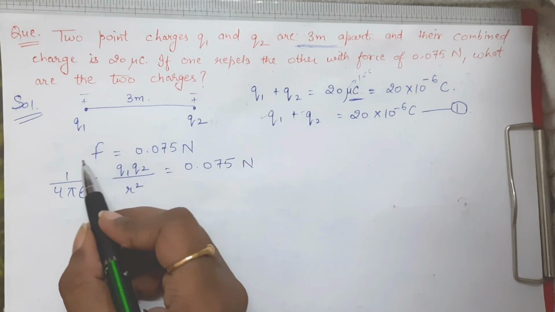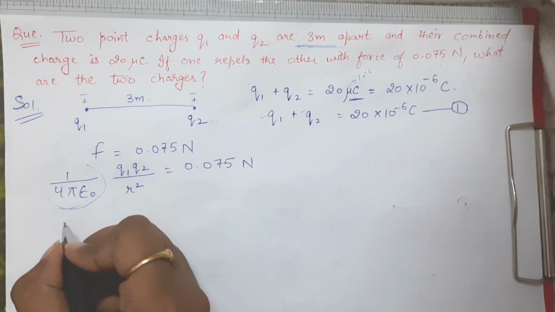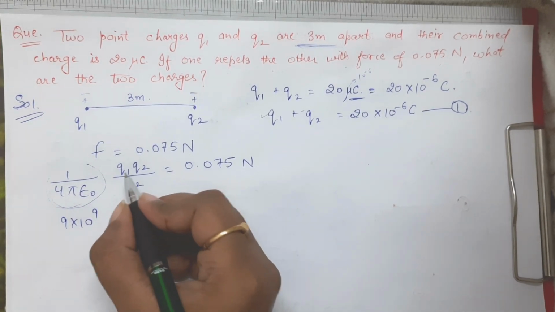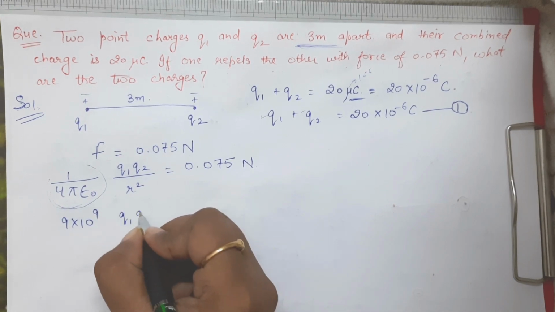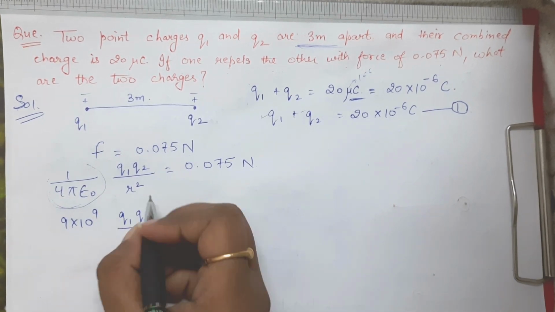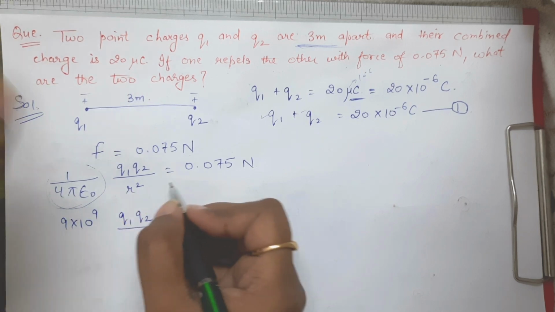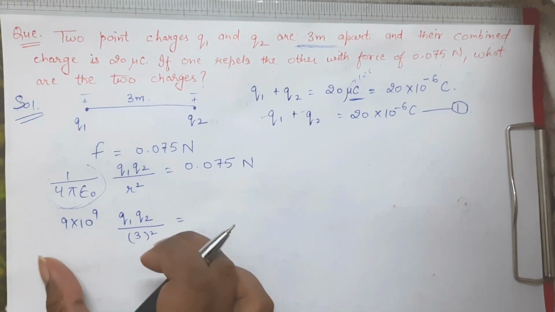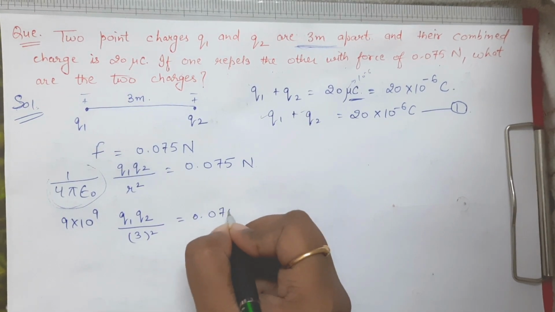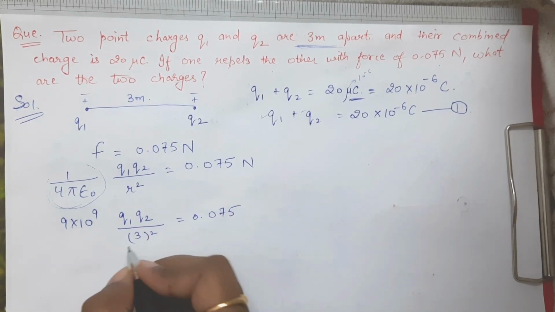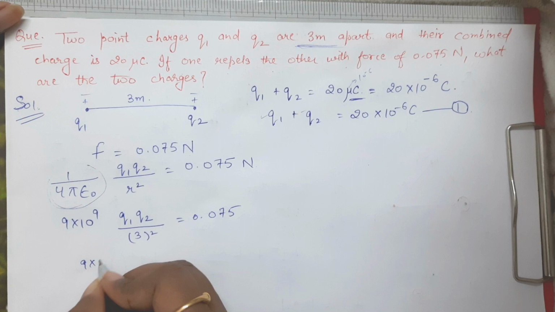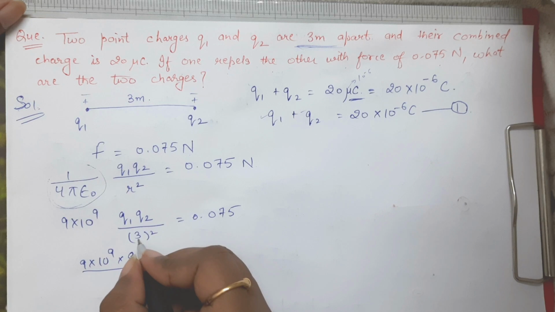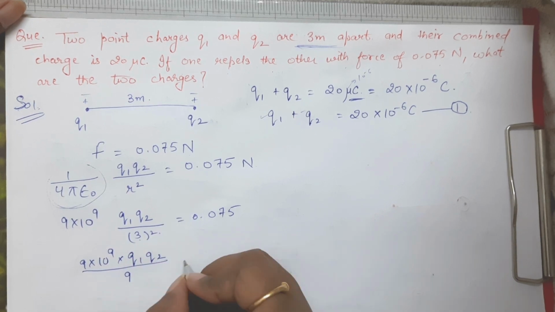Now we know that the value of this 1 by 4 pi epsilon naught is 9 into 10 raised to power 9, right? Now value of Q1 and Q2 we don't know, so we are going to write Q1 into Q2 divided by R square. R is distance, so distance between them is 3 meters, so that means 3 square, and this whole value is given as 0.075 Newton. So when we are going to solve this, what we are going to get is 9 into 10 raised to power 9 into Q1 Q2 upon 3 into 3 is 9,